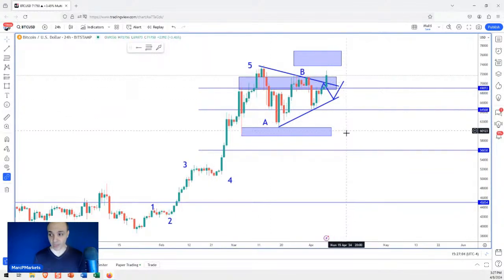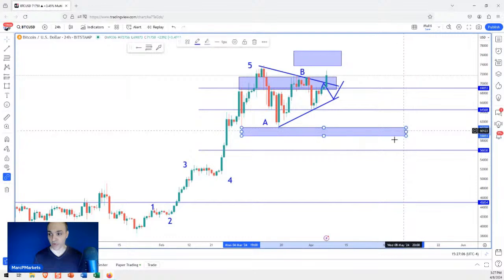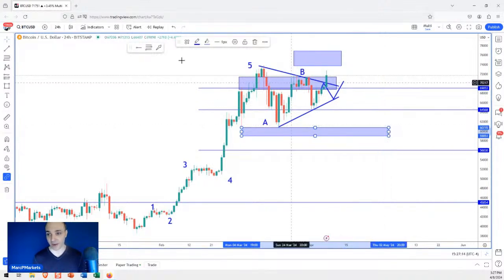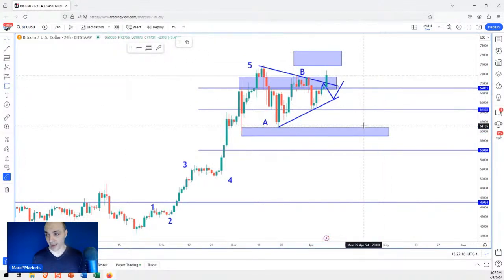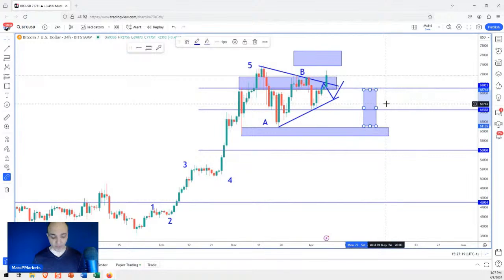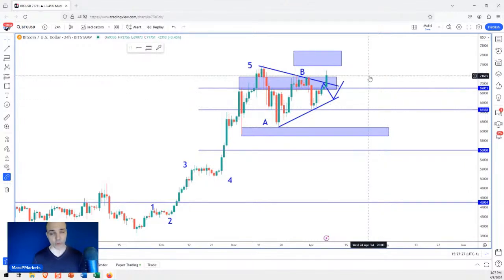We could still be wrong. It could still break. And then we have this support over here. If we test this support, I'm anticipating at least we get a good reversal there, for at least one attempt back to the high, something like that. So the levels are key when you're trying to evaluate scenarios